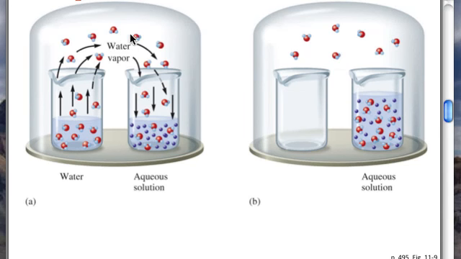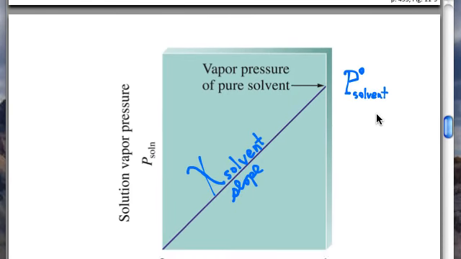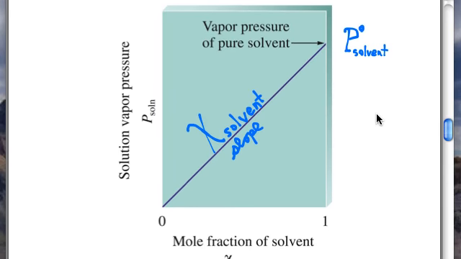But because of another factor, an interesting phenomenon, these water particles that escaped up into the airspace then end up crawling into this solution trying to water it down. So if you wait long enough, all the water will evaporate from here, and I'll have this airspace saturated with as much water vapor as it can hold, but that water will eventually make its way over into the right-hand beaker, trying to, in essence, water down that concentrated solution.